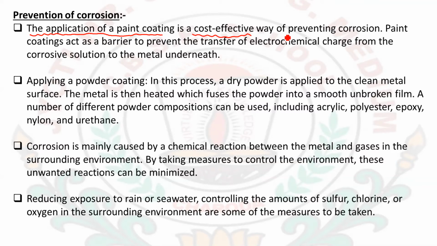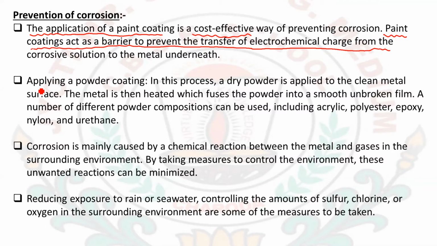In our home you have seen that we are painting our metal grills, or metal doors, all these things we are painting with oil paints. The reason for the painting is that we want to protect them from getting corroded. It also makes them look beautiful, but the main reason to paint the iron is to coat it and prevent it from coming into direct contact with the moisture and the oxygen present in the air, which helps them to do the electrochemical reaction to form the rust, to corrode the iron.